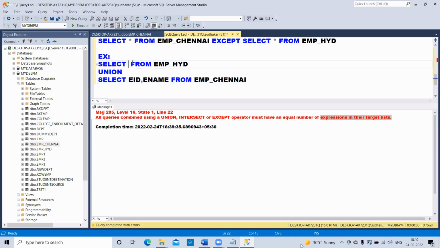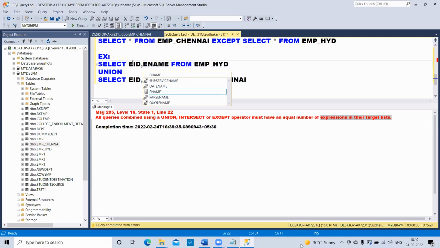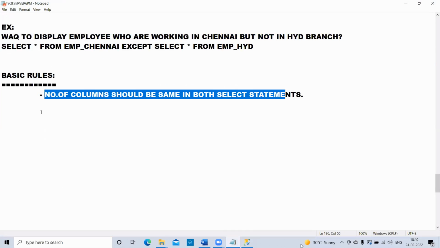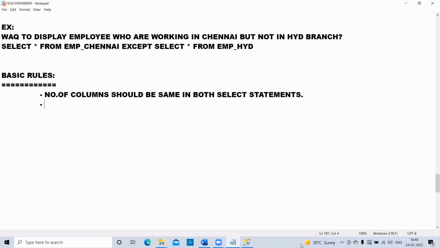So let me give here, for example, EID and ename. Now execute. Now it is working and showing the combined data of the two tables as one single set of values. So this is the first point that should be remembered, guys. And the second point is what now, guys? Order of columns